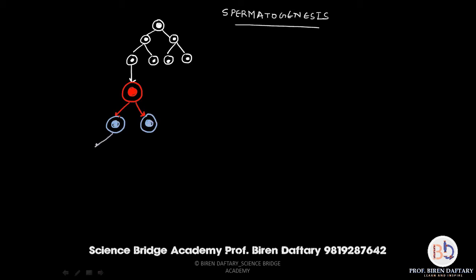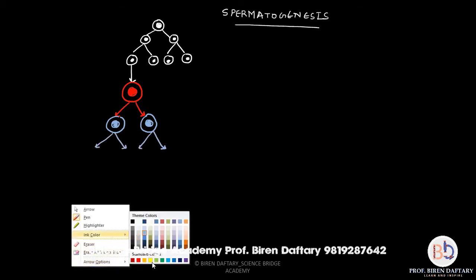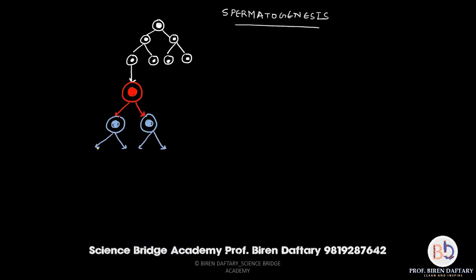Now each secondary spermatocyte will undergo meiosis division 2 to form 2 cells each. I think we will use the color yellow to denote these cells. These cells are called spermatids. The yellow colored cells, which are haploid, each having 23 chromosomes, are each called a spermatid. Actually the formation of sperms is not over here. Each spermatid undergoes certain changes to finally form the male gamete in humans, called the sperm.